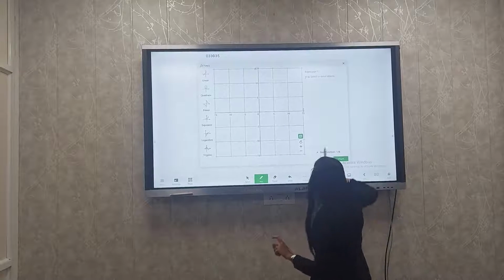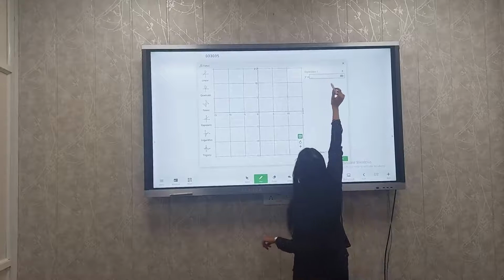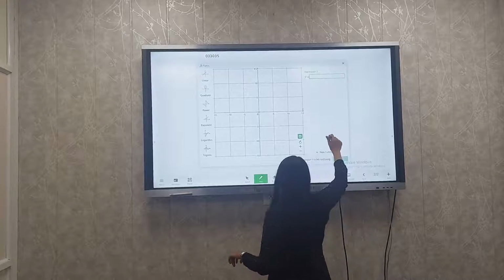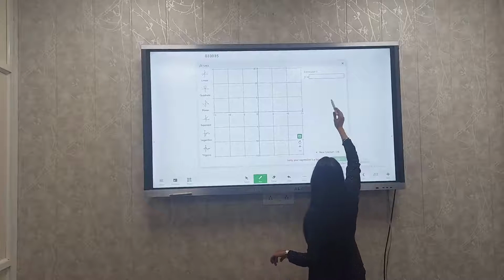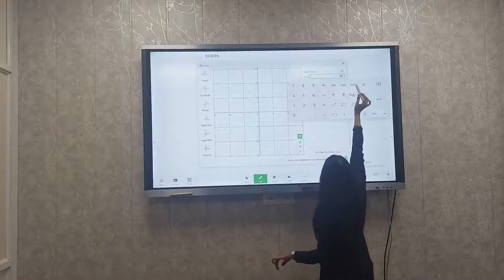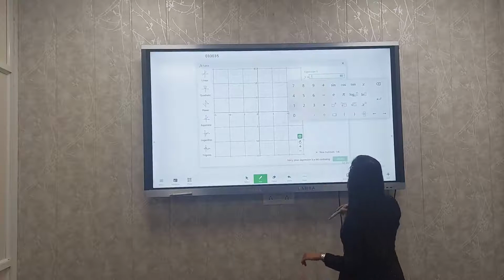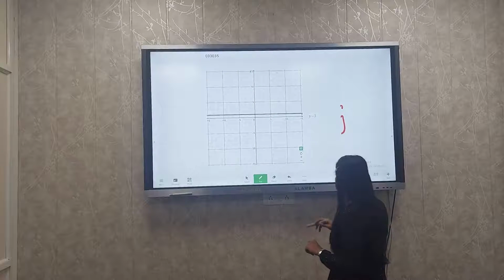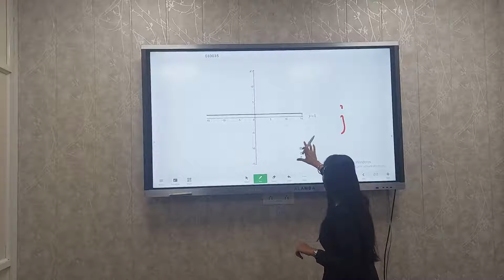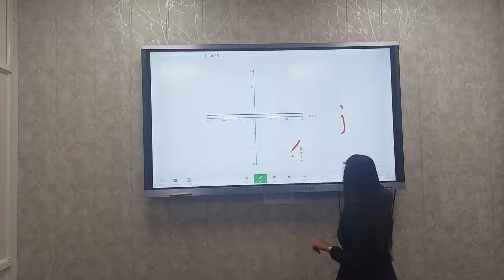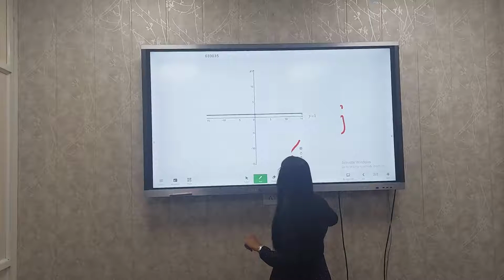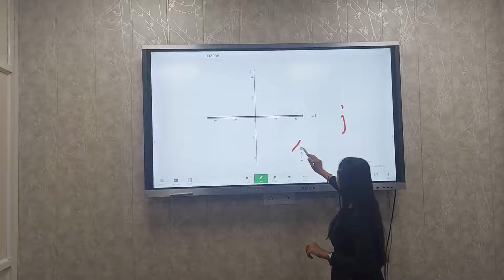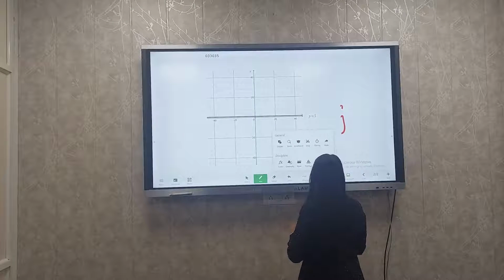In this function, you can just put the equation here. Like I put y equals to. I can't do this because. Okay, so I just put y equals to 1 and then insert it. Just like this. I can change the type also, and in the similar way, I can just do it like this.